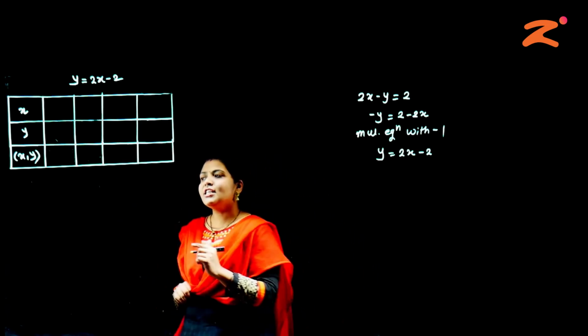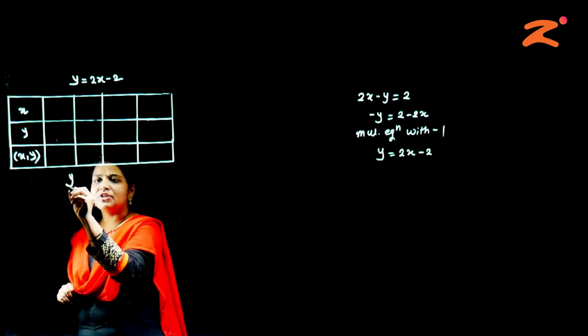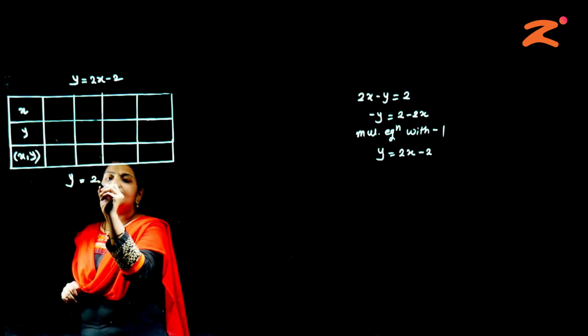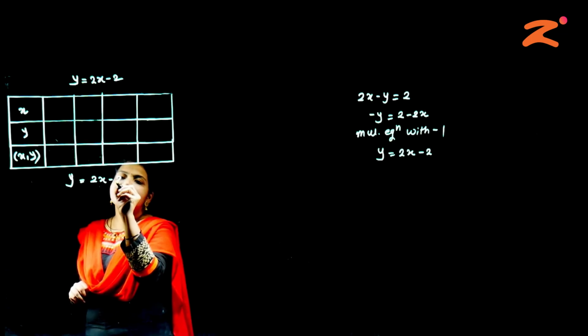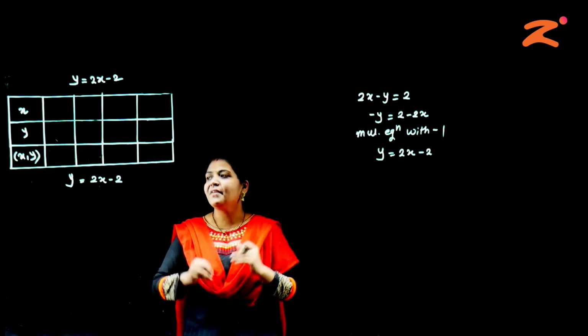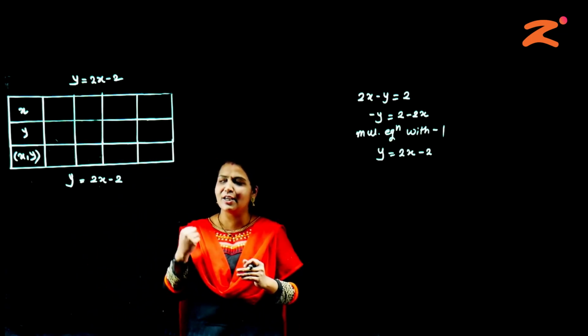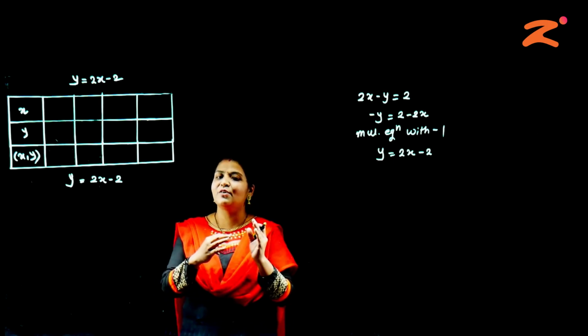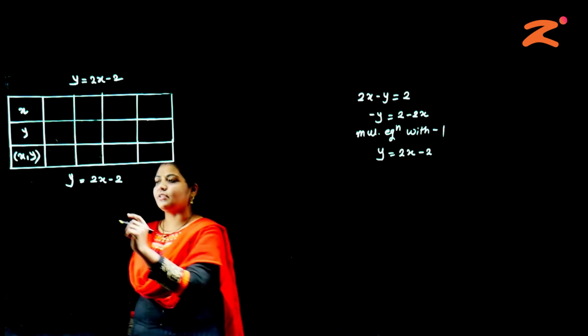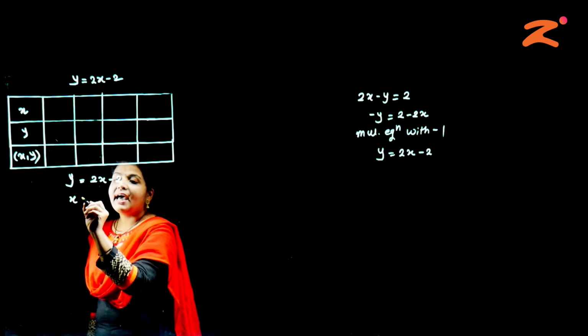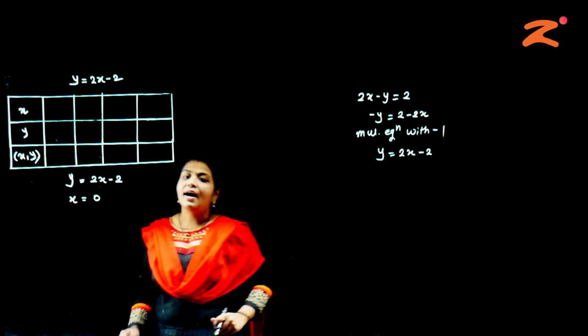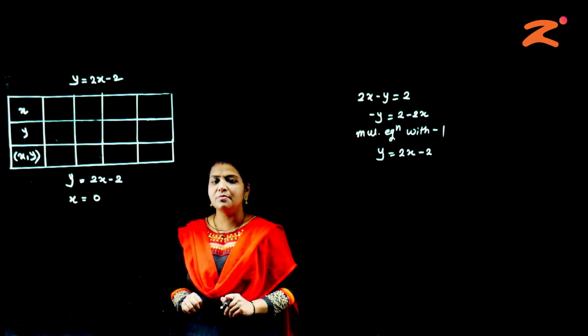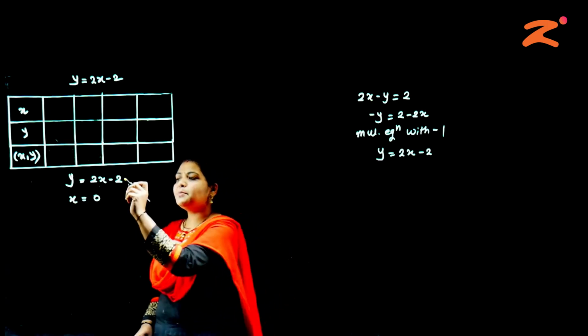Let us start. See here, for this equation, we are going to put x equals the simplest one, that is 0. आपण सगळ्यात पहिल्यांदा कुठून सुरुवात करणार आहे? 0 पासून. कारण 0 घातला की कॅल्क्युलेशन खूप सोपी आणि छोटीशी होतात. So here we are going to put x equals 0. That is 0.